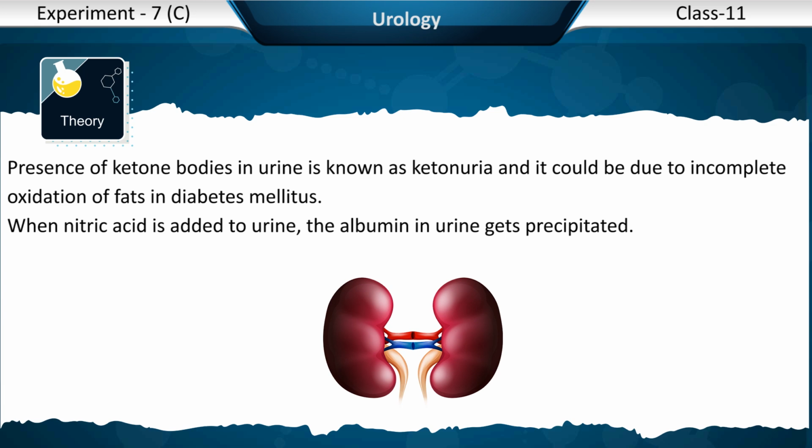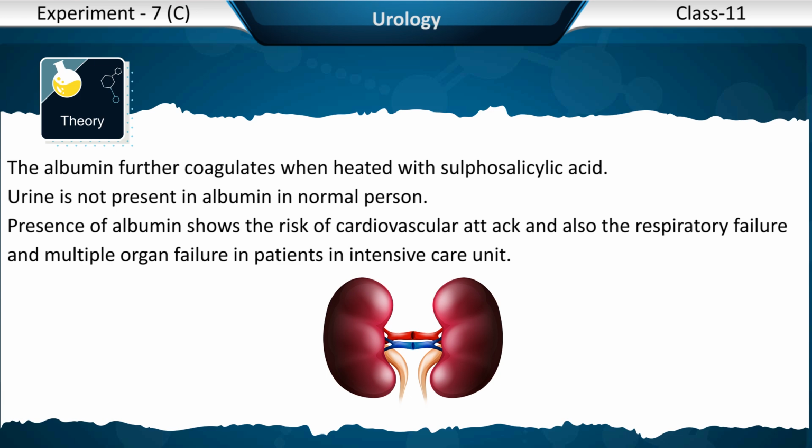in diabetes mellitus. When nitric acid is added to urine, the albumin in urine gets precipitated. The albumin further coagulates when heated with sulfosalicylic acid. Albumin is not present in the urine of a normal person. Presence of albumin shows the risk of cardiovascular attack and also respiratory failure and multiple organ failure in patients